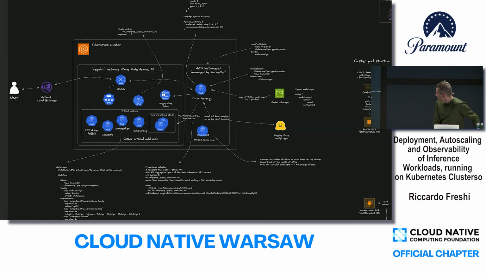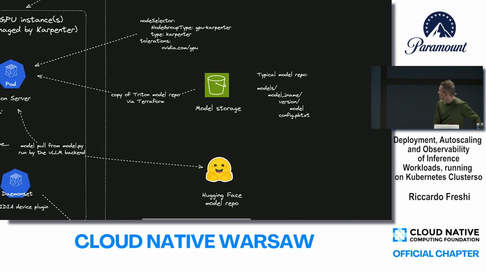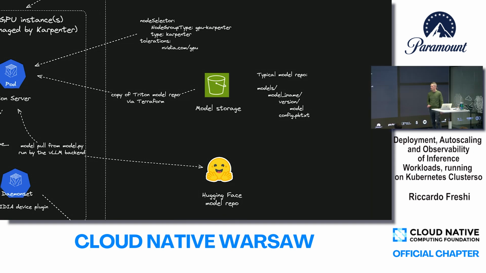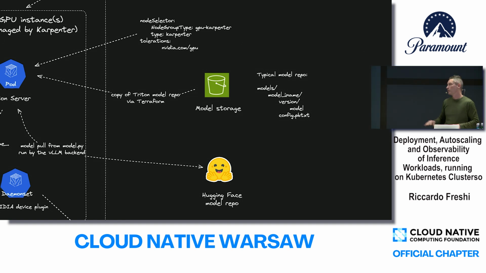So let's have a look a little bit at how a model repository looks. When you want to launch models on Triton, like I said, you can have multiple models running. The typical model repository is shown here. So what you do is you create, let's say, a single repository, which can be local, for example, if you're running on your local machine, or it can be externally hosted, like you see in here. I'm referencing an external persistence in AWS, which is S3.